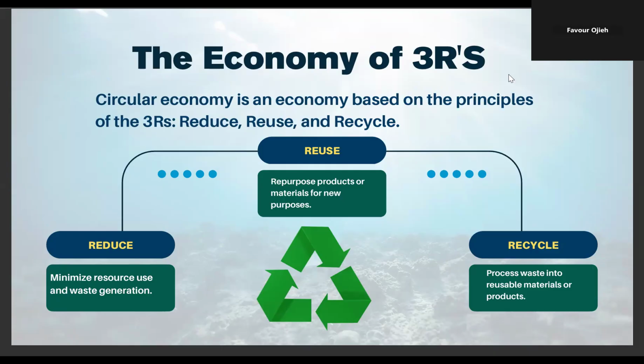For example, let's talk about a company that is into production of palm oil. So that palm fruit, they can actually reduce waste by producing the exact quantity they want. After producing the exact quantity they want, converting that